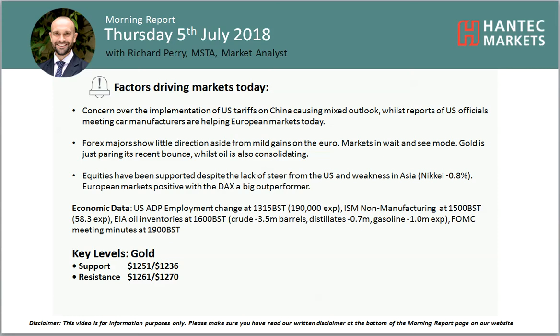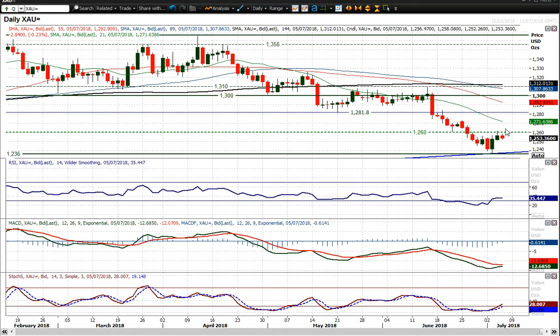Let's look at gold, and you've had this pick up in gold in the last couple of sessions. It's sort of broken this corrective phase that we've been in since the middle of June, but it doesn't really do a great deal to sort of sustainably improve the outlook. There is an improvement underway though on the stochastics and the RSI above 30,